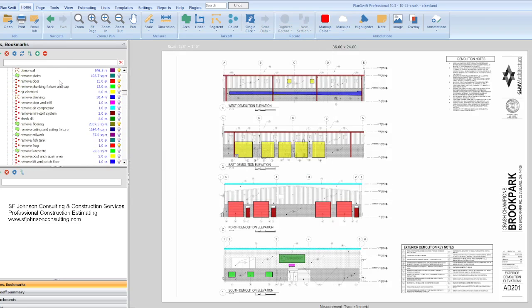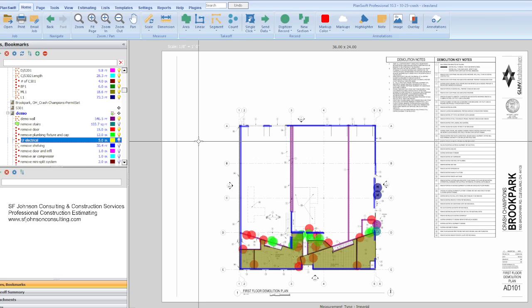Okay, so this is a pretty good demo project. Building demo, right? Site demo and building demo is different. So yes, you're going to have two different estimates. One's for the site demo, demolition for all the work outside the building, and then the building demolition. That's why in a lot of cases we will have to